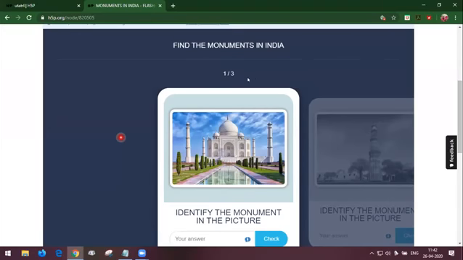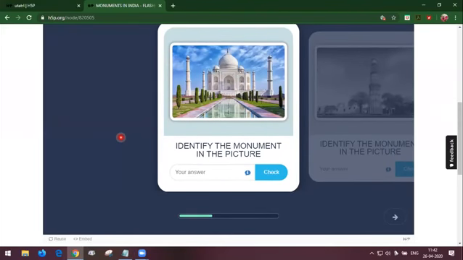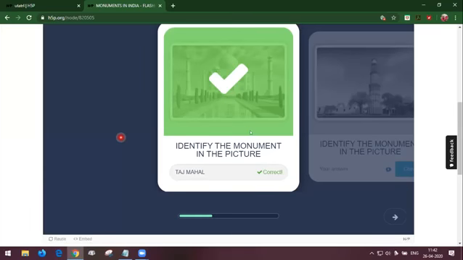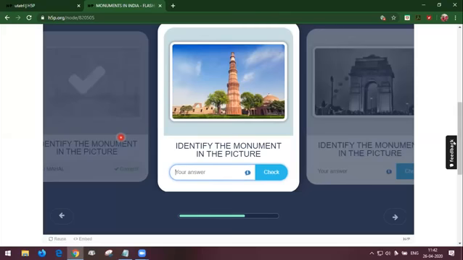How many cards I have created is displayed here. 3 cards. Out of the 3 cards, I am in the first card. You can see here, identify the monument in the picture is the question, and the student has to type here the answer. Check. So it is correct. Like this, we are going to create 3 cards here.